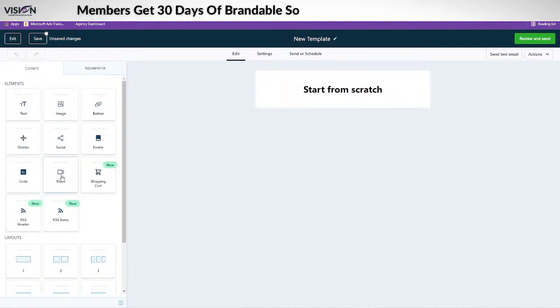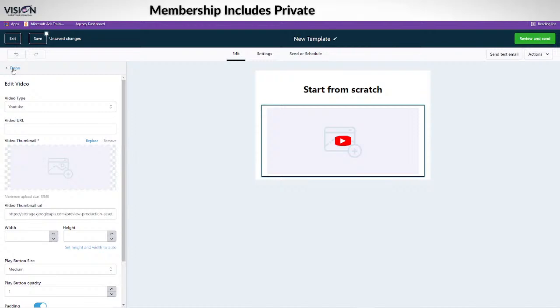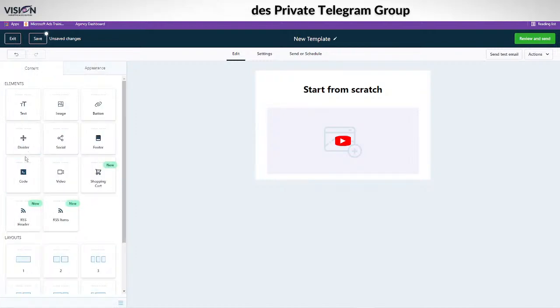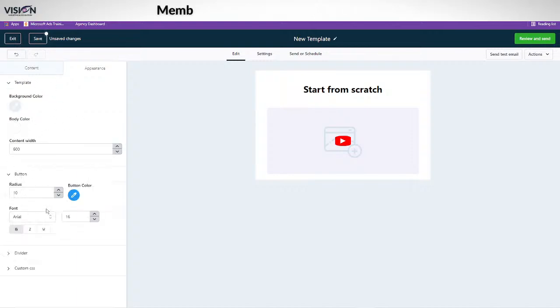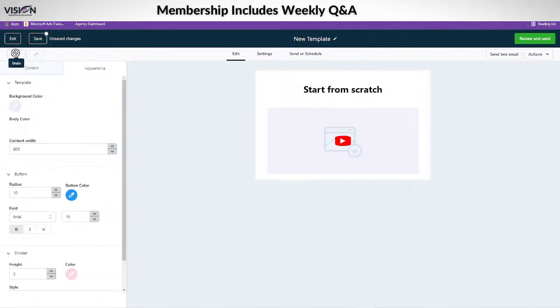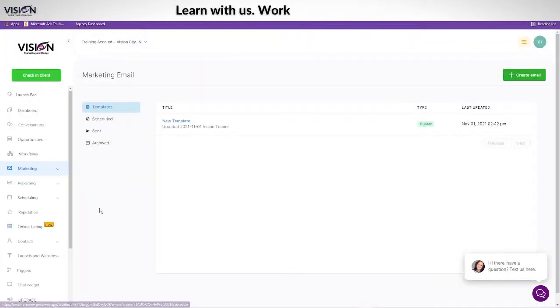Also codes. You can add videos. So if I wanted to add a video here, I just drag that in, and then I put the YouTube URL there, and then I can send that to people. That's something that I'm working on for my email updates. You can also add dividers and different things like that, but totally customizable. You can add all of your branded colors and all of that. I could just talk about all these cool things all day long, but like I'm doing right now, I'm getting distracted.